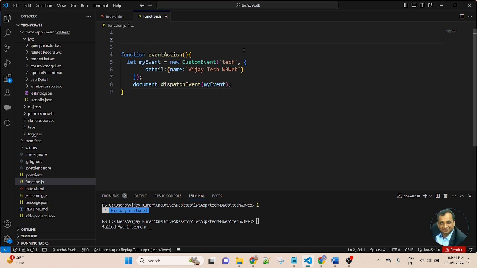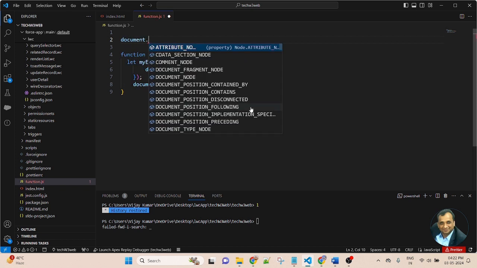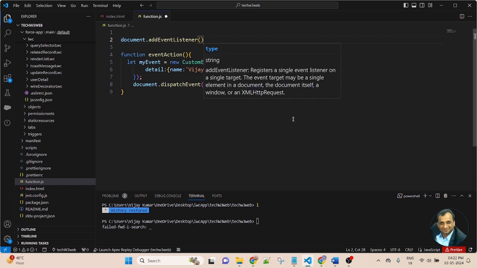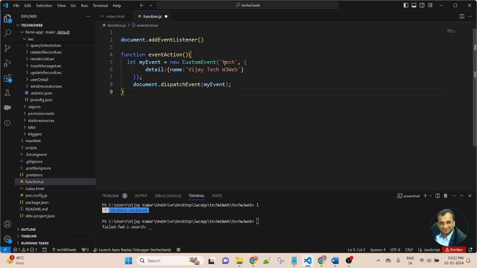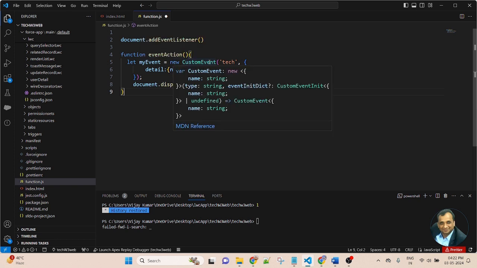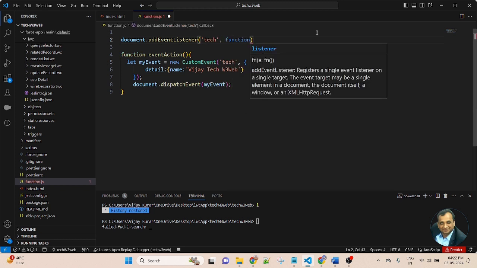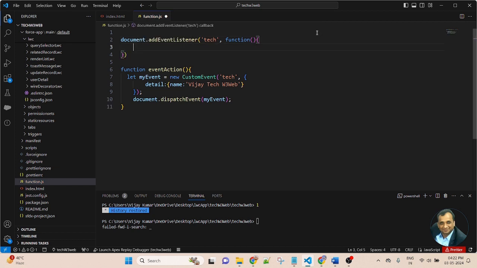Now I will use addEventListener. So here I will use document.addEventListener, bracket. Inside the bracket I will pass a parameter. So here I am passing tech, that is the constructor of the custom event. Copy the tech and pass it here, comma, function. In the function, I will pass data as a parameter,